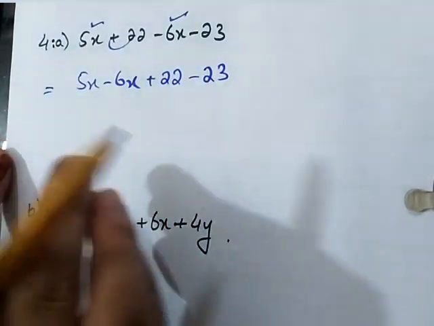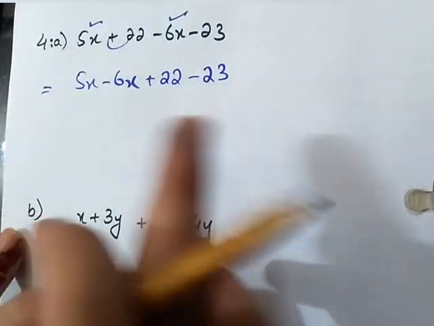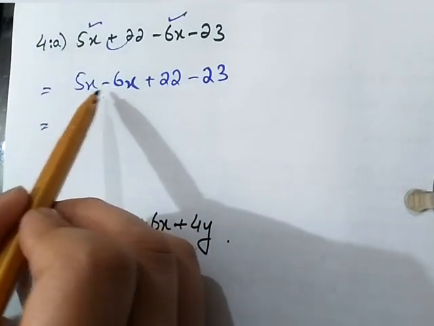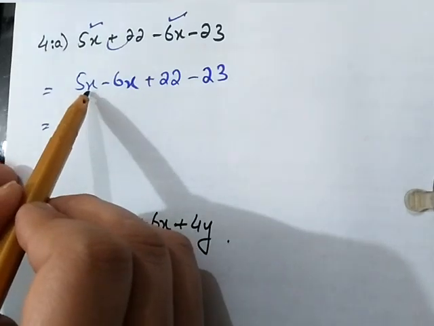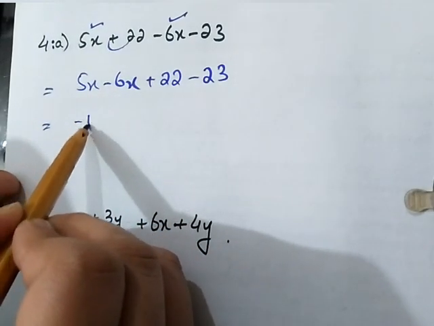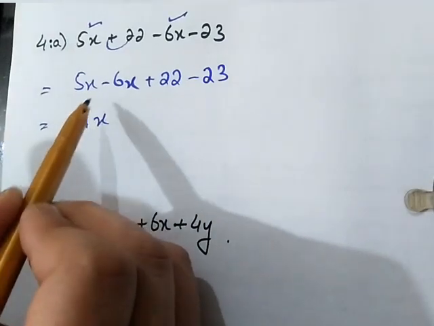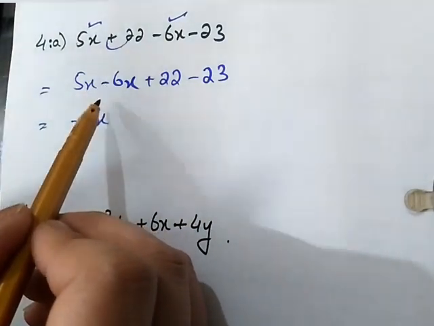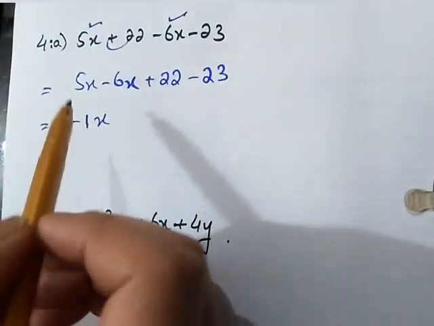Okay, in this stage we just rearrange our expression. Now we can solve these two terms because they have the same variable, x and x. So 5 minus 6 is minus 1x. Okay, why do we put the minus sign here? Because 6 is greater, and what is the sign of the greater one? Minus. Next,